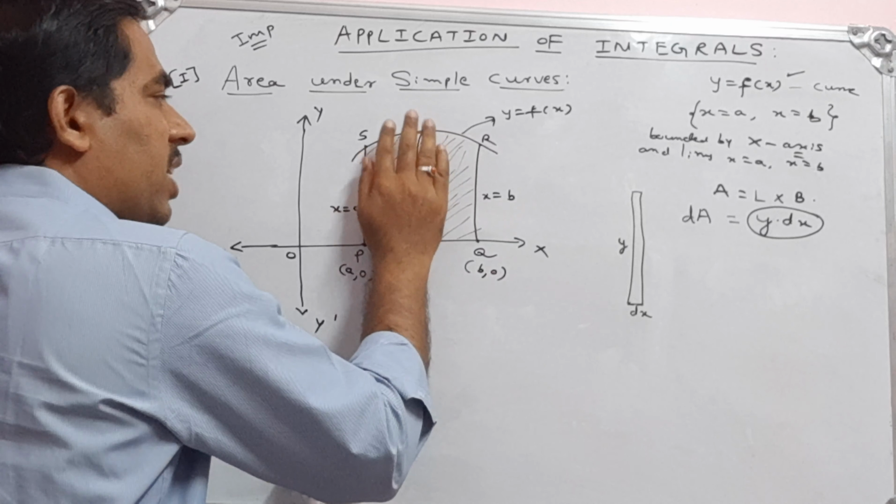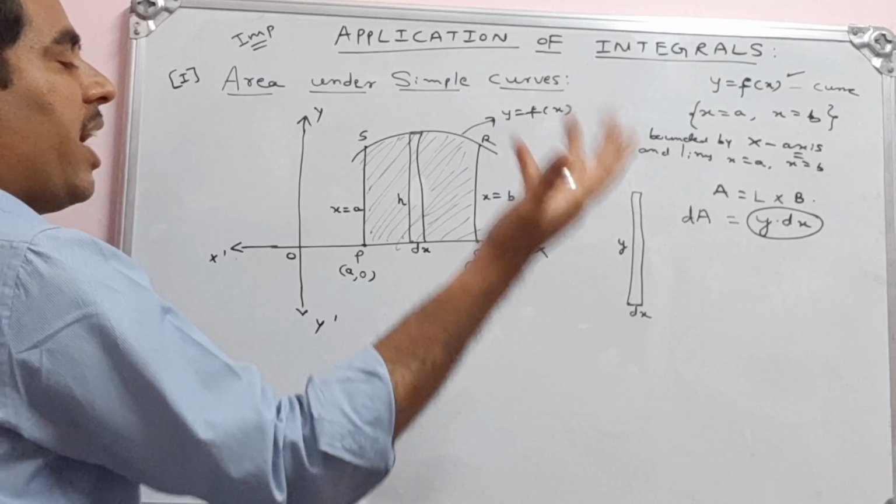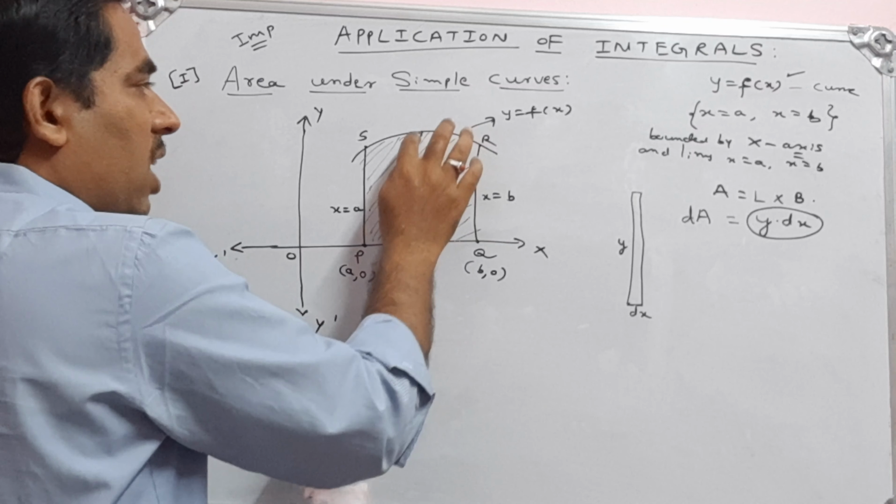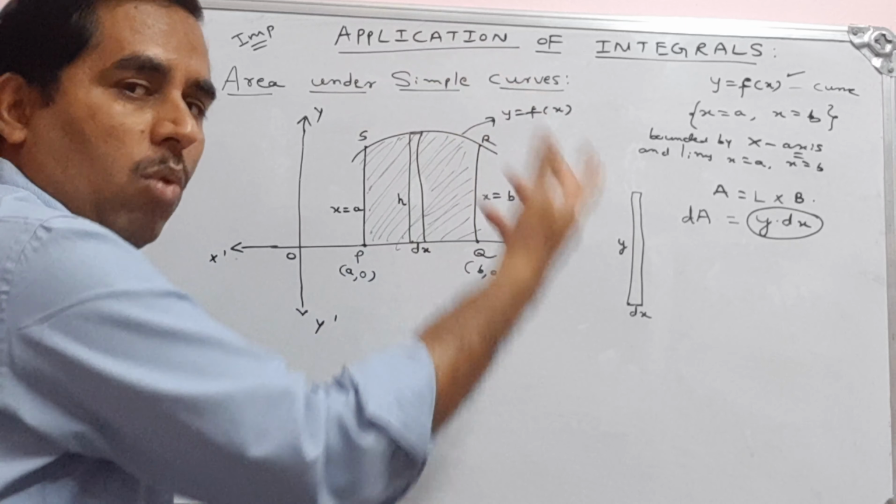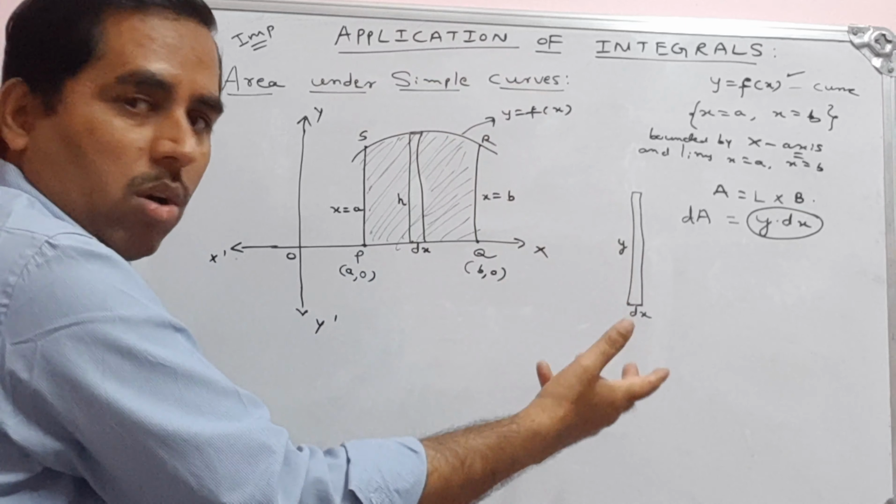So from this point to this point, see PQRS, I want to find out this area inside the region PQRS. To find that area, I already have the area of one strip, y dx. So what will be this whole area? I have to consider many more such elementary strips and add all those areas. I have written only the area of one strip, so the area of so many strips will give me the total area.